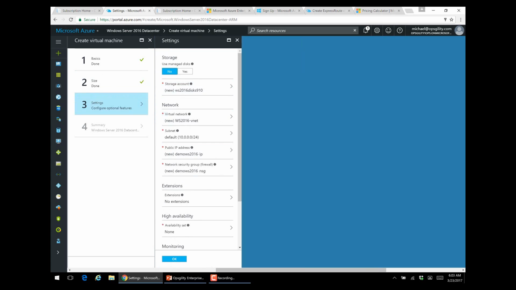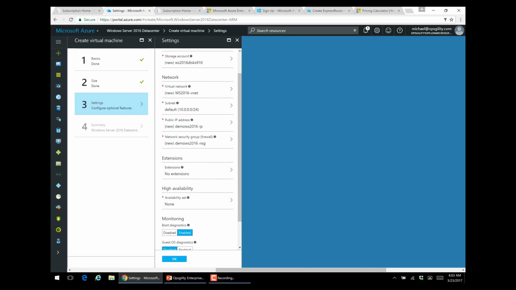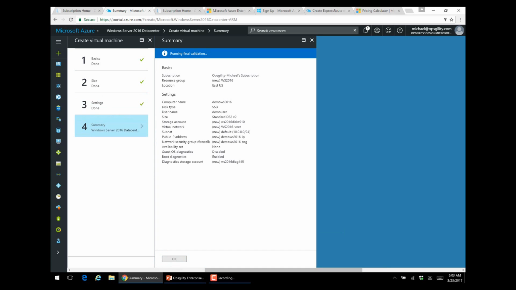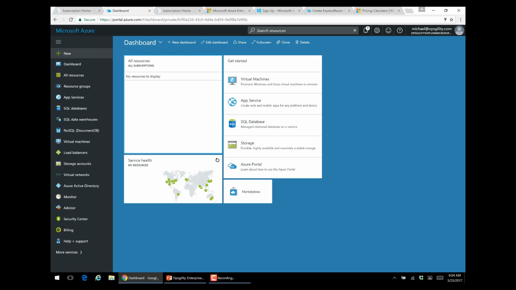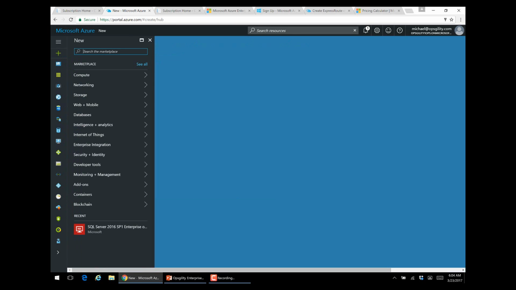And here's where we can set up our more advanced networking settings. We won't cover this too much right now. And at the very end, all I have to do is click OK, and it's actually going to spin up a Windows Server 2016 virtual machine that I can connect to using RDP, Remote Desktop Protocol, within just a few minutes. And again, I'm not going to spend too much time on Azure because it's just way too big a topic to cover,